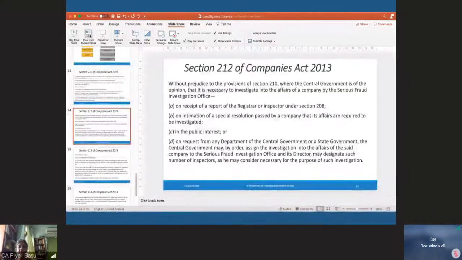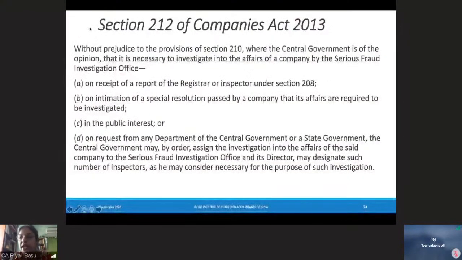SFIO. This is talking of the SFIO, right? So 212, here the central government, which department of the central government is doing this? This is the Serious Fraud Investigating Office, okay? SFIO office. They are requesting an investigation, okay? So it is not in conflict with the